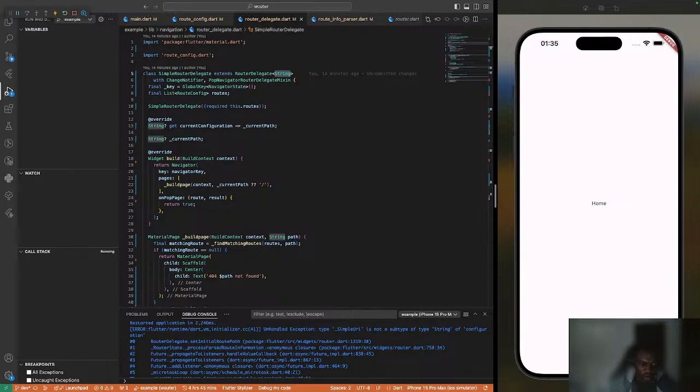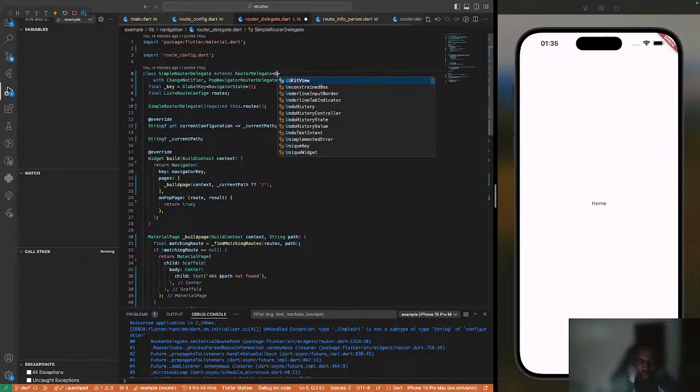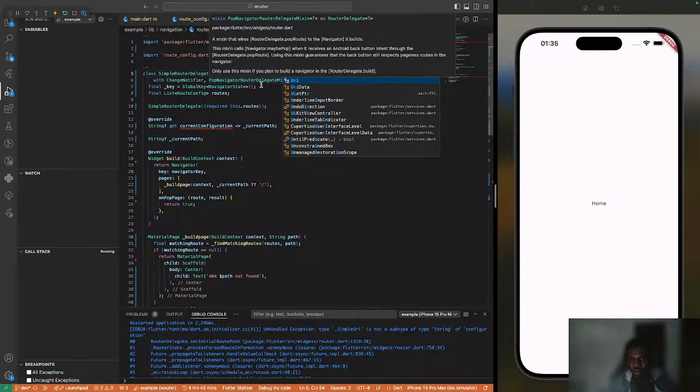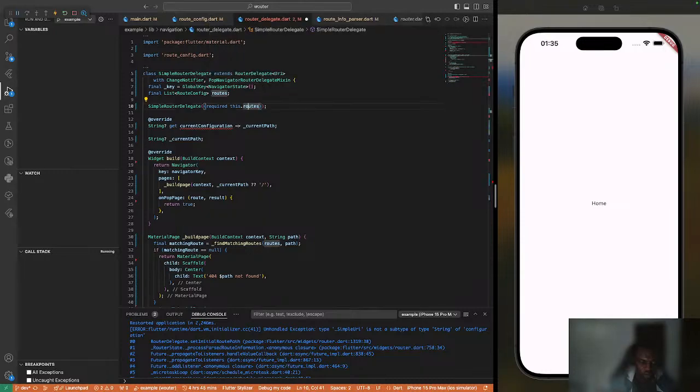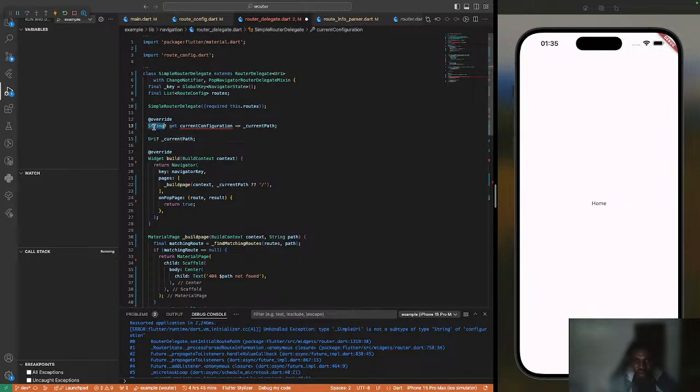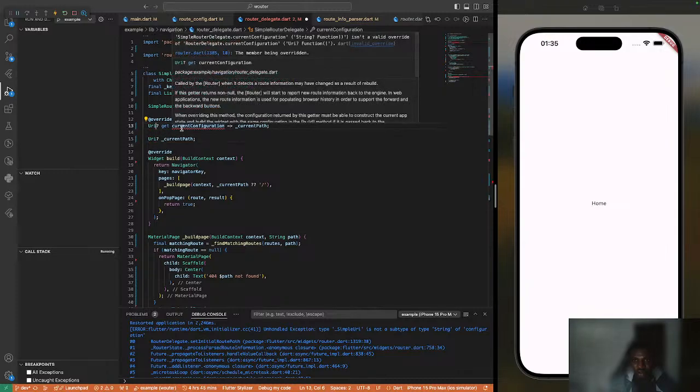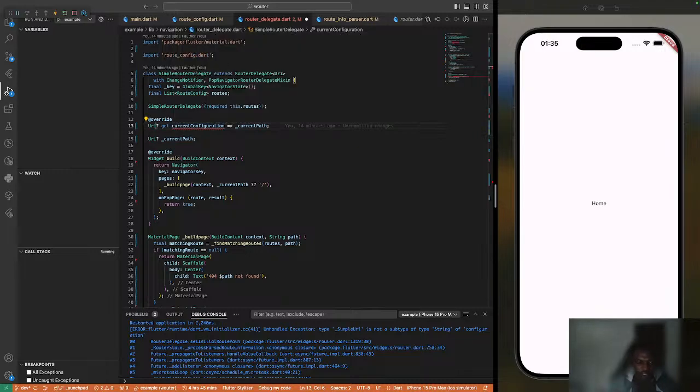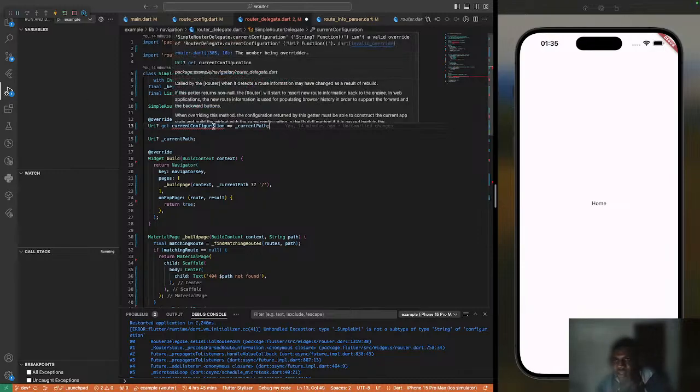We switched the information. Like I said, if you are switching the info from string to URI, make sure you follow all through. I think that's where the problem came from. So we switched to URI and we did not change the corresponding places. So that should be this. Configuration should be a nullable URI, also current path. Why is that? I mean, current configuration is a valid override of RouterDelegate. This takes in